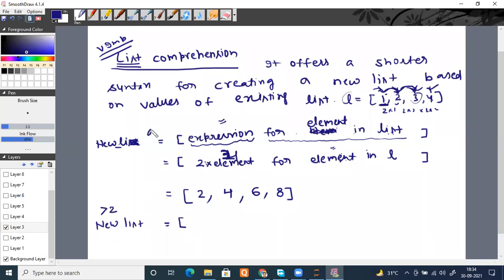Means this is performing like a map function, right? It was almost performing like a map function. Now I want to perform it like a filter function. I need only elements in the list which have values greater than 2. So how will I write? Till this point, exactly the same thing, right? Expression and last bracket, expression. What expression do you want for element? Again, element in list L, or list, whatever, just element in list first.